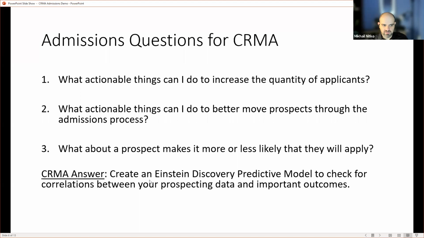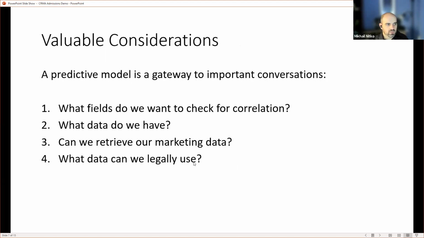And the CRMA answer to this is to create an ITIN discovery predictive model. Valuable considerations when creating such a model are: what fields do we want to check for correlation? What data do we actually have? Can we retrieve our marketing data?